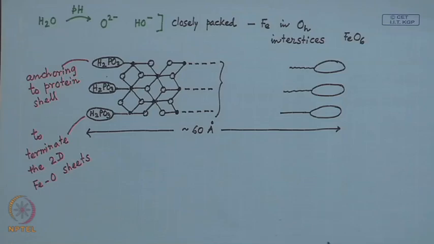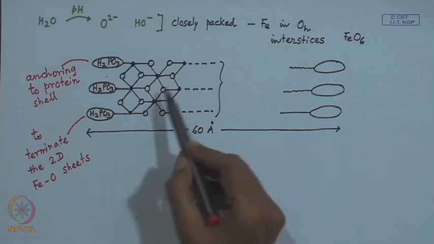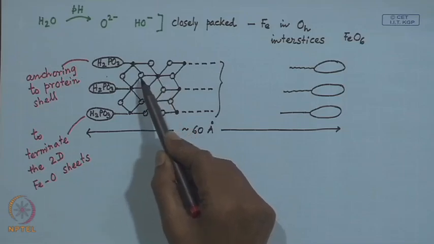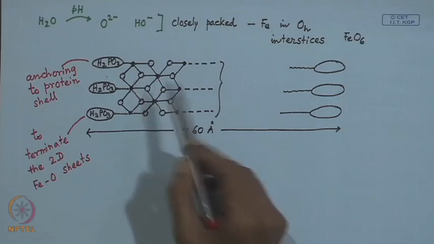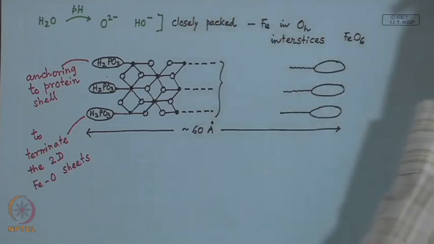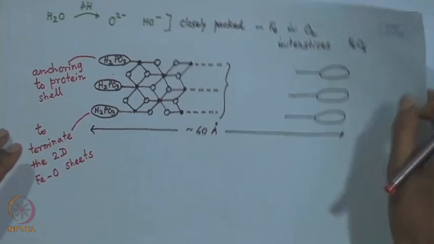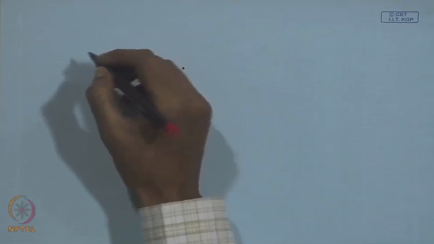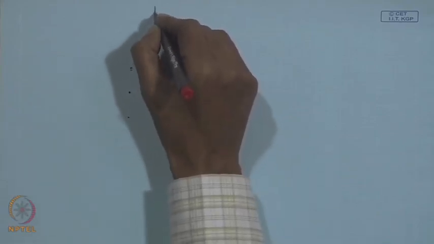So, you get a typical sheet structure and that sheet structure is terminated by the phosphate ends, and we now know how the typical structure is generated, because you have the iron at this point and you have the hydroxide or the oxide function. The combination of these two will generate the corresponding 2D network, and when we get that particular form, the protein structure